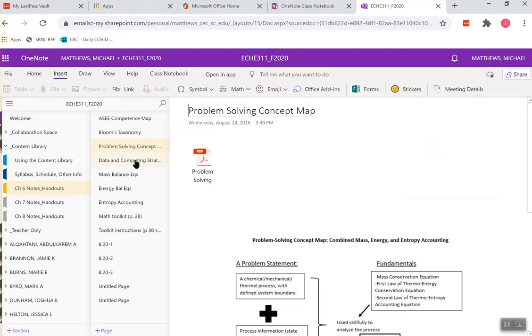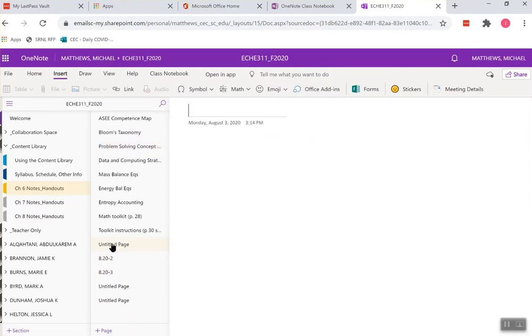Some discussion of computing strategies, different sorts of data, review of mass balances, energy balances, entropy accounting, and then things that are in chapter 6. So all of these separate pages here are some of the details that I'll cover with you in chapter 6. Then I'll tell you how I lecture. On every day of class, say August 20th, I'll make a few new pages for that day of class, and I'll put, for instance, August 20th, page 1 of notes, August 20th, page 2 of notes, August 20th, page 3 of notes, and then I tend to write with